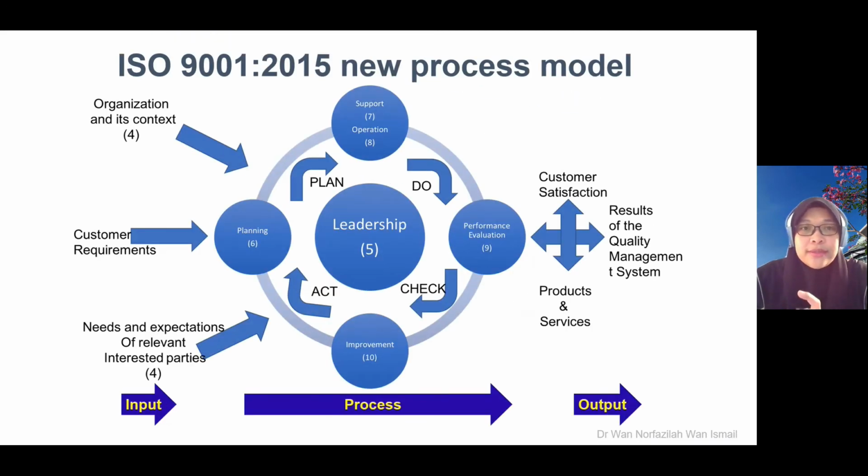So this is a process model, ISO 9001:2015. What does it mean? Okay, if you have a company, so now you need to put yourself as a company owner. Sebelum ni saya cerita you guys as a customer. So now you need to put yourself as a company owner. So you have input. Okay, this input tak kisahlah raw materials ke. Kalau if we are talking about product, you are going to have raw materials, and then you process raw material, you akan dapat output the final product.